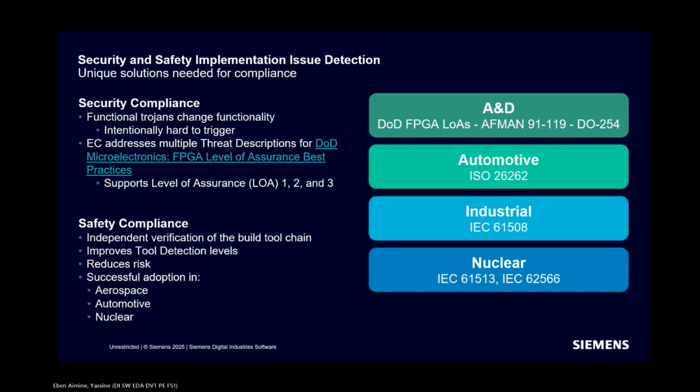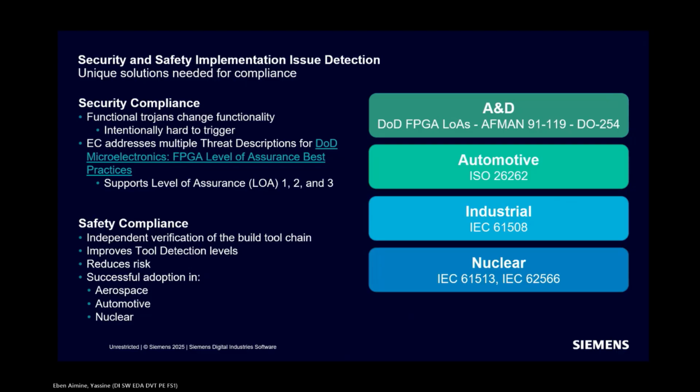AFMAN gives strong hints to equivalence checking. Automotive, you may come across that. Industrial, you may come across it. Nuclear, again, not specifically mentioned as a requirement to do equivalence checking, but it talks about exhaustive testing and so on. And so they all are looking for some form of